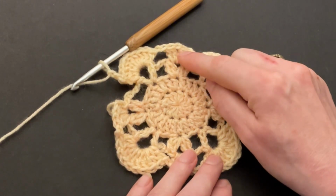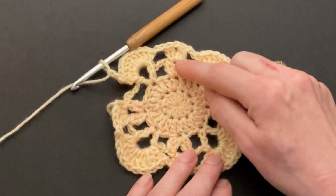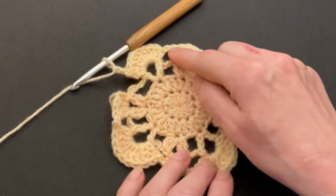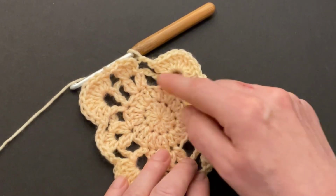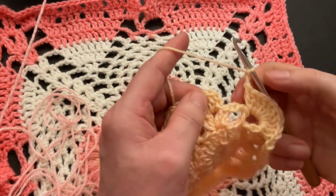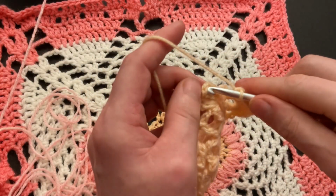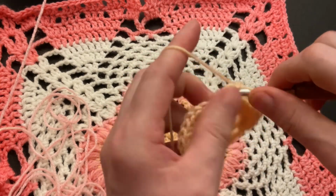Double crochet 2 together into the chain space of 1, chain 1 and double crochet 2 together into the chain space of 1, chain 2 and make 10 doubles into the last V-stitch and chain 2. Finish the round with 2 chains, and then you can make a slip stitch into the double crochet and into the chain space, and you continue with the same color if you like, but I want to switch color